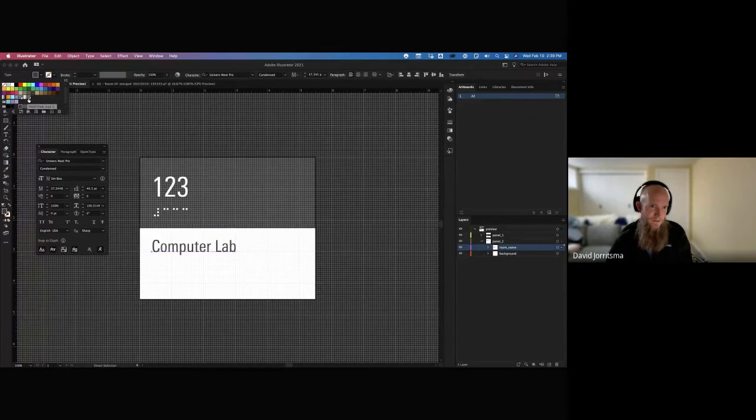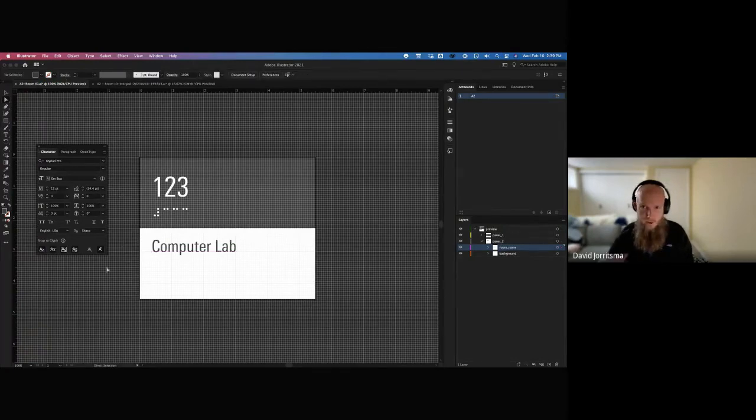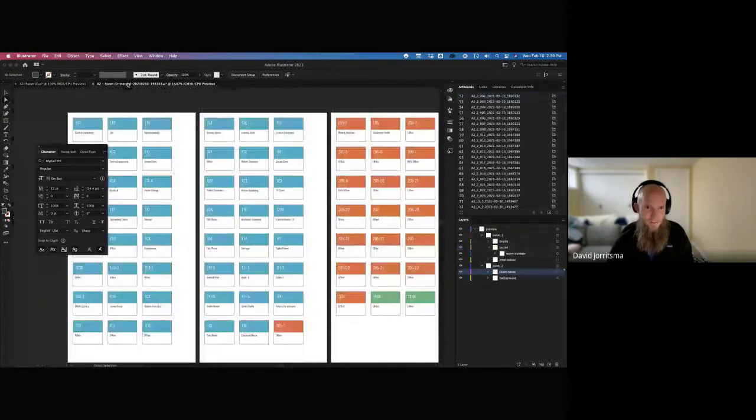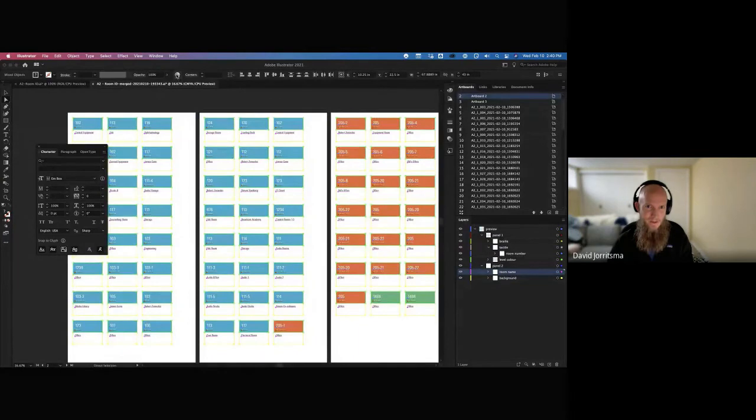I think it's the same color or very close. But the other colors that were chosen are actually PMS colors. So when I select this, I can do this recolor